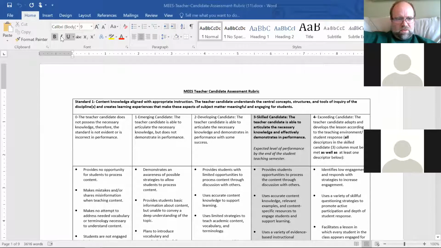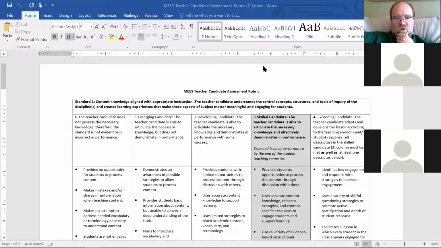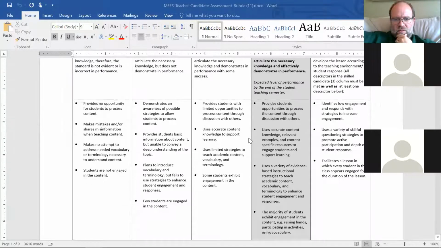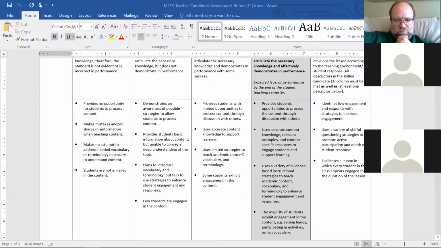What you should be evaluated on, I'll share my screen with you, is this. Give me a thumbs up or just a yes or no if you've seen this before. I'm hopeful you have. The teacher candidate assessment rubric. Okay, this is what you should see. The standards are the same. It's not quite as in-depth as what I showed you, but you guys have been through this before. I'll have you do this for a few minutes, and we'll come back at the end and talk about it. What I'm wanting you to do